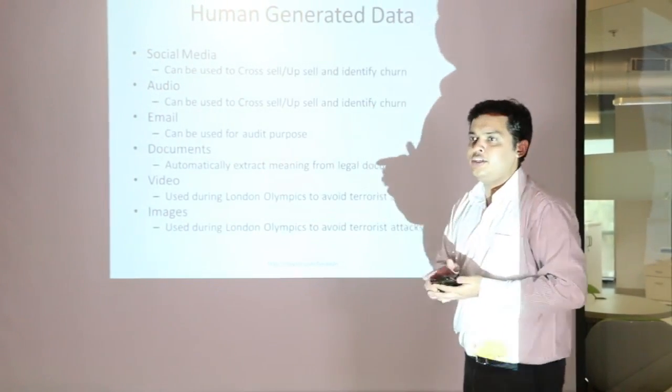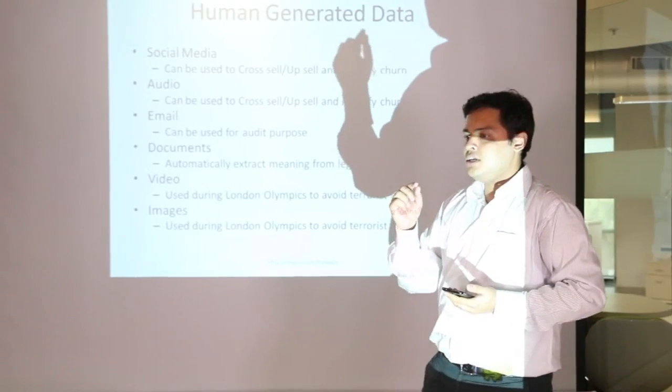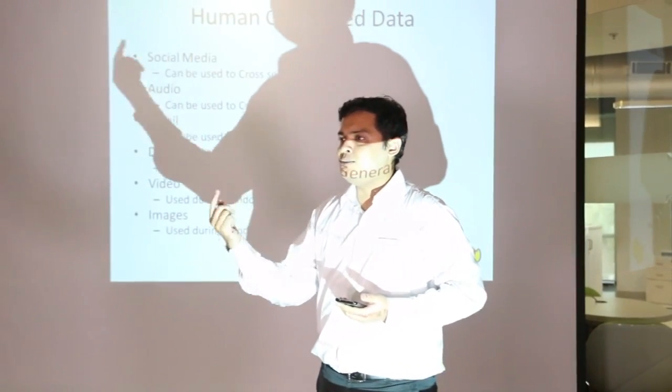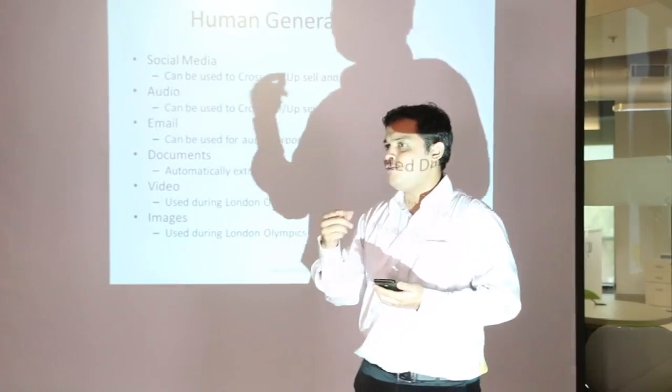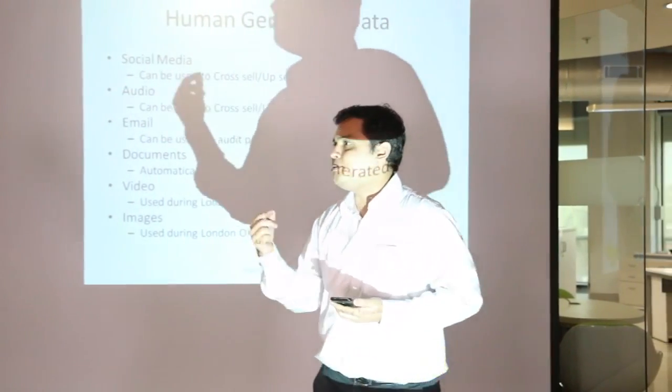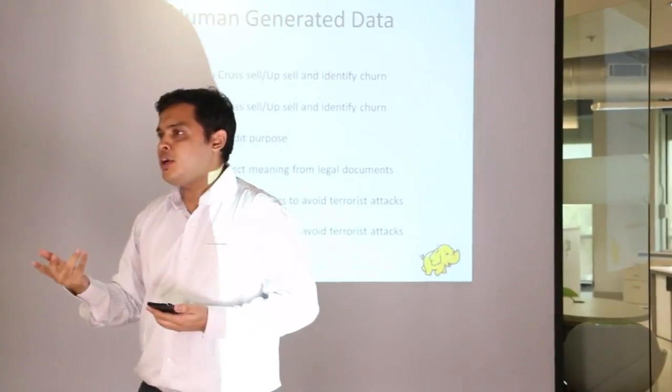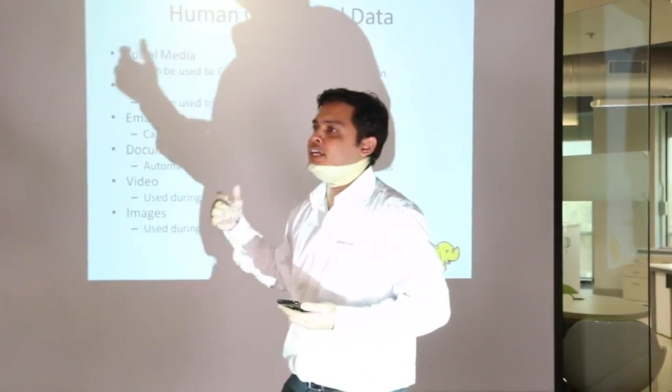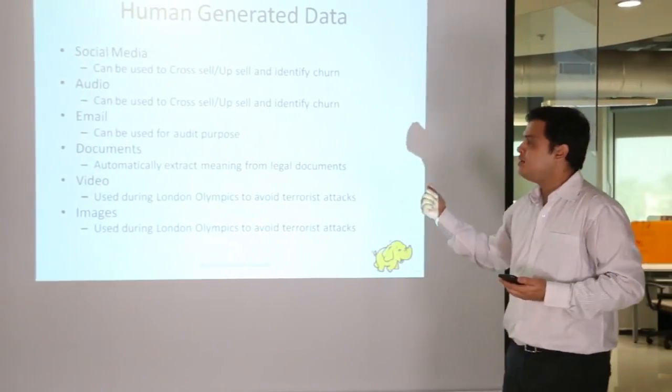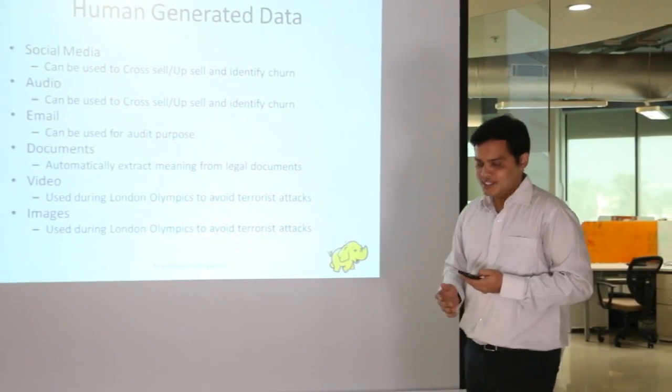Second was the video. So they used to check the movement of a car, like how the car is moving. If there is some deviation from the normal movement, they know that there is something wrong with this car. So that could possibly be a terrorist plot. So this is how they use big data using video. Right? Interesting?